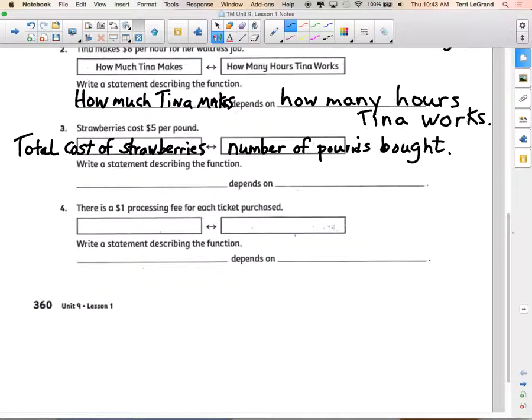So is the number of strawberries you buy dependent upon how much money you have? I mean, it kind of is. You can't buy unless you have enough, but what's in control though? What takes charge in this situation? You come in the store and you go pick out strawberries. And then when you take them up to the till and you're going to pay for them, they tell you how much you owe them. So the total cost is dependent upon how many strawberries you actually buy, isn't it? You pick out. So the total cost